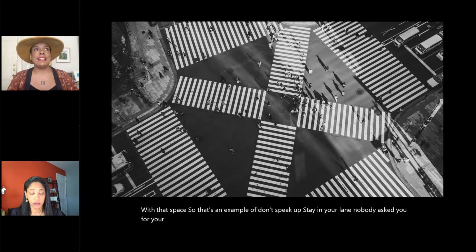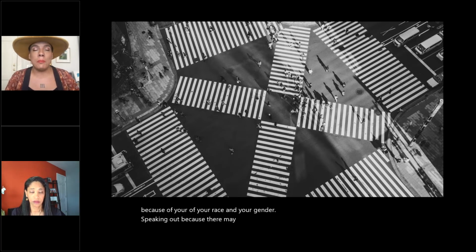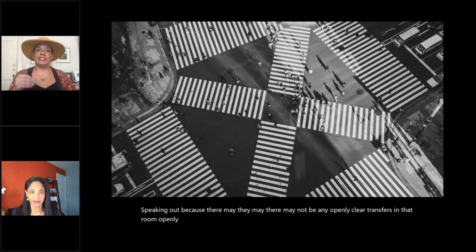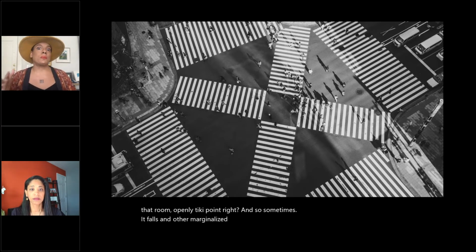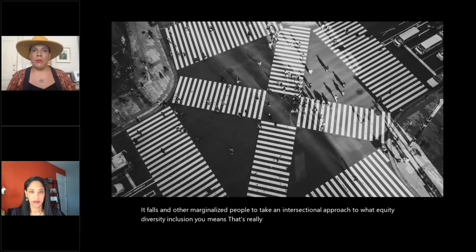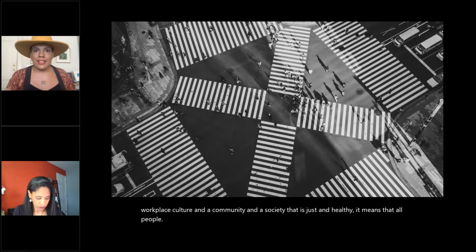And that's a great example, because I think as a marginalized person, because of your race and your gender, you speak up because there may not be any openly queer or trans person in that room, right? And so sometimes it falls on other marginalized people to take an intersectional approach to what equity, diversity, and inclusion means. It's not just about race, right? When we talk about building a workplace culture and a community and a society that is just and healthy, it means that all people have a fair shot